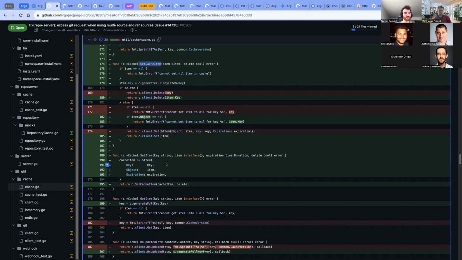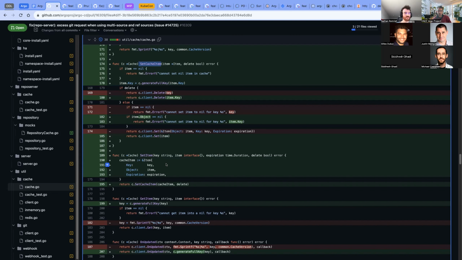We have a layer in the Argo CD code base called two-level cache that first caches in memory, and only if that cache misses, then it goes to Redis. The reason for having that is because there's a lot of traffic between Argo CD and Redis, between those two pods, and so this was an attempt to reduce that load.